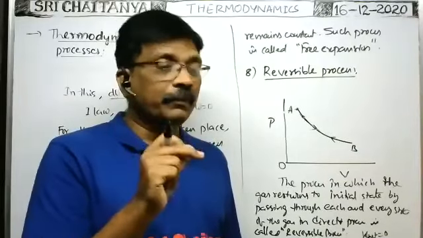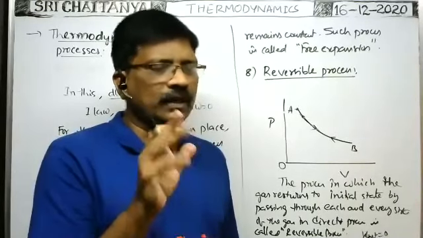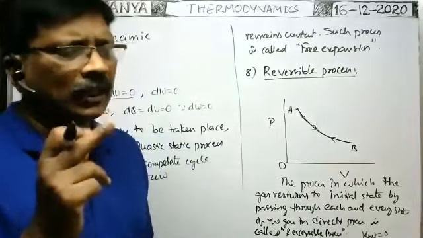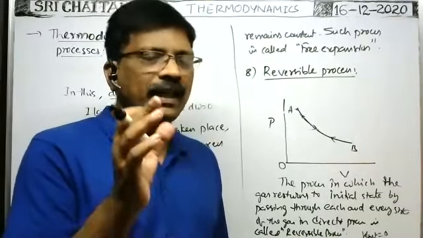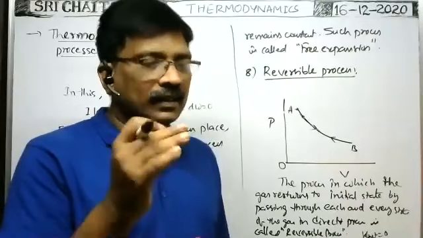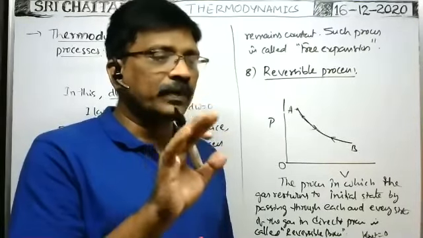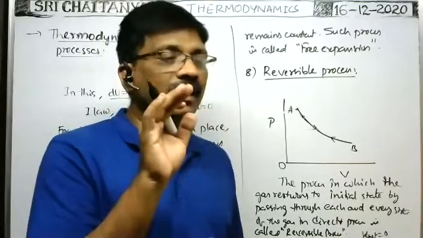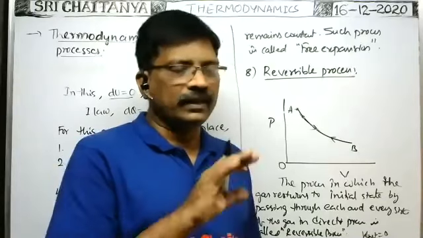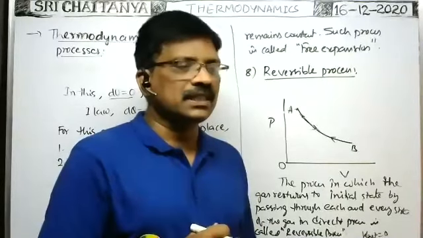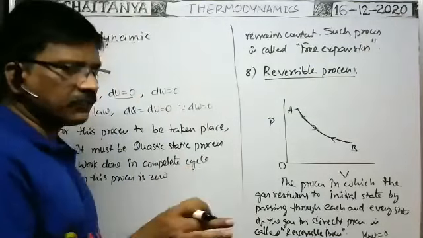Of course, at high temperature and low pressure, take hydrogen gas, because in a hydrogen atom there is only one proton and one electron. In such cases, at high temperature and low pressure, almost all the attraction force among the atoms or molecules is 0. That's why only in such cases, hydrogen gas behaves like an ideal gas, and we can neglect the viscous forces. But in general, in every gas, viscous forces are there.